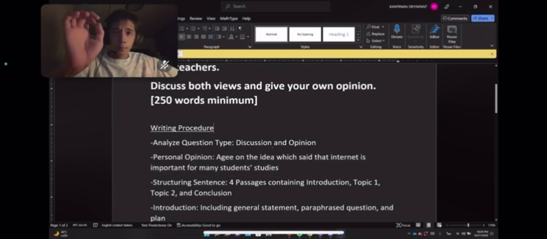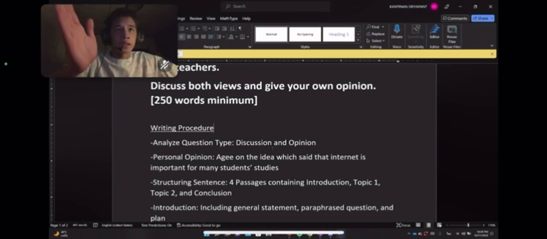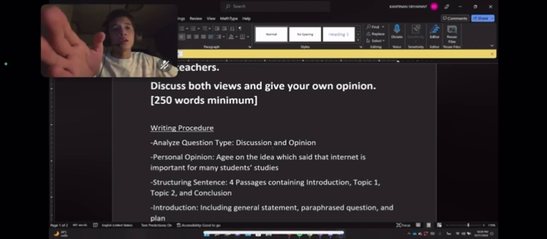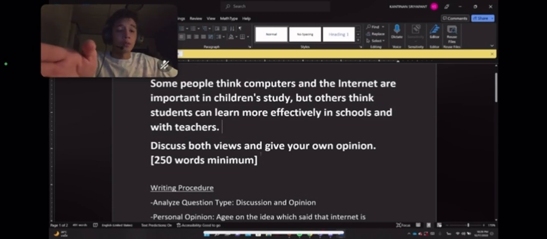Alright, so I forgot to say the reason that we should analyze the question type. We should analyze the type of question because we can answer the question precisely and correctly, because you can answer it in the wrong way if you don't understand it and if you don't analyze it well enough. If you analyze it well enough, you can know what you should answer, and that is the reason why you should analyze your question before you start to answer it.